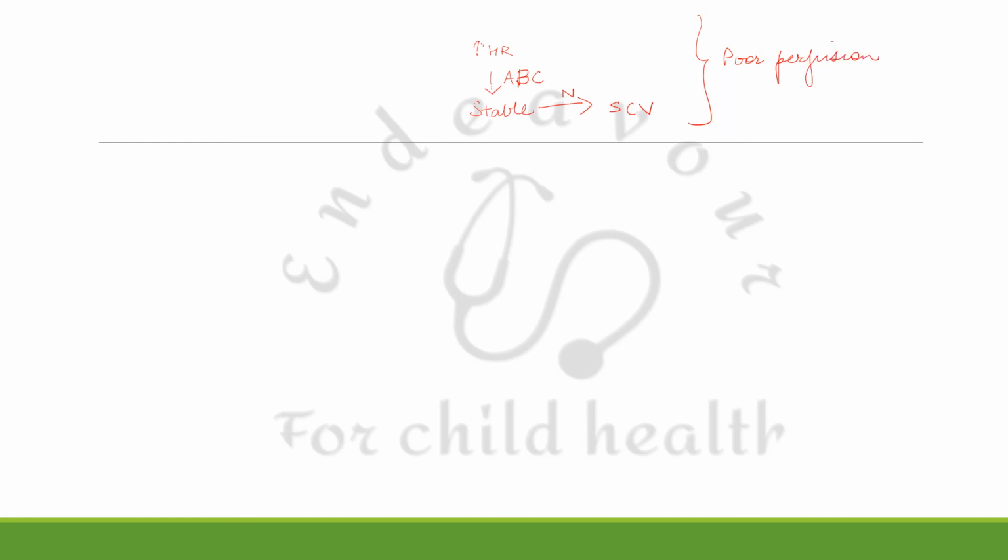Now coming on to the next part. If the patient is stable, then you do a 12 lead ECG and look at the QRS duration. Now there can be two possibilities: first, if the QRS duration is less than or equal to 0.09 seconds, and second, if it is more than 0.09 seconds. If it is less than 0.09 seconds, then there are again two possibilities: sinus tachycardia and supraventricular tachycardia. Both of them are narrow complex tachycardias. Sinus tachycardias characteristically have the P wave while the SVT does not. Sinus tachycardias have RR variability where SVT does not.